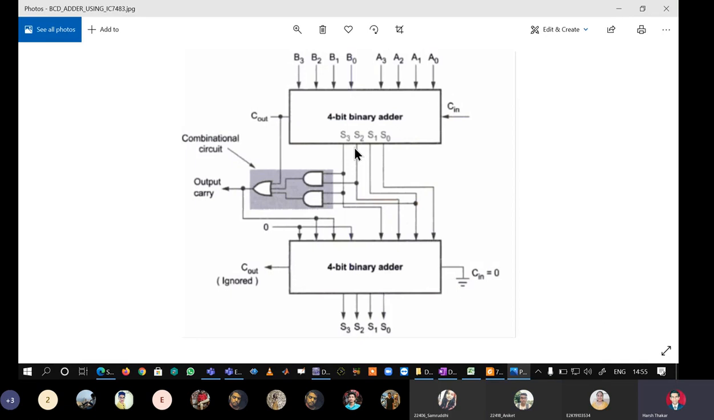The upper rectangle represents the first 7483 IC, the lower rectangle represents the second 7483 IC. And we have two AND gates and one OR gate. But there is a caution here: the OR gate is doing the logical ORing between three inputs. We do not have an IC which is a 3-input OR gate. What we have is 7432, which is a 2-input OR gate. So this single OR gate has to be replaced with two OR gates, and the two AND gates are